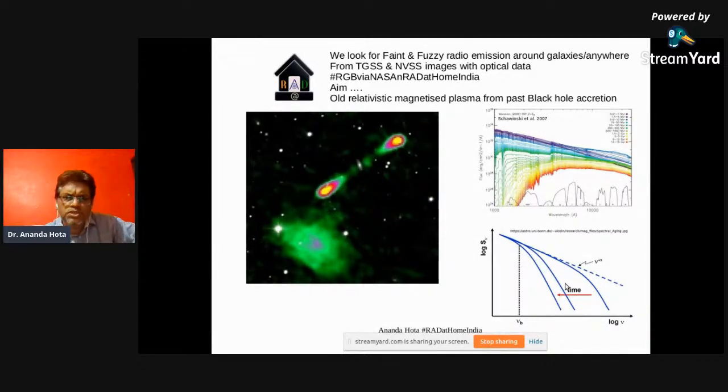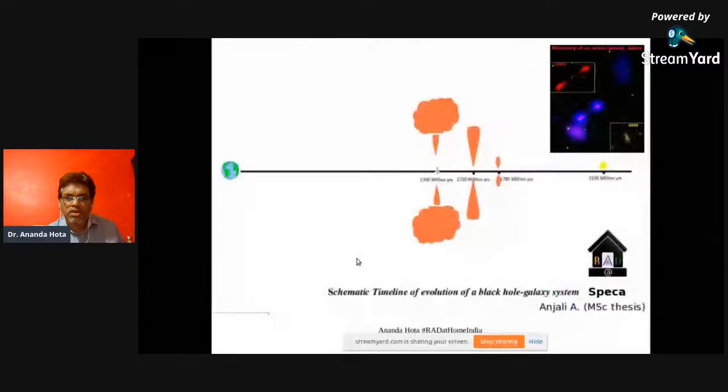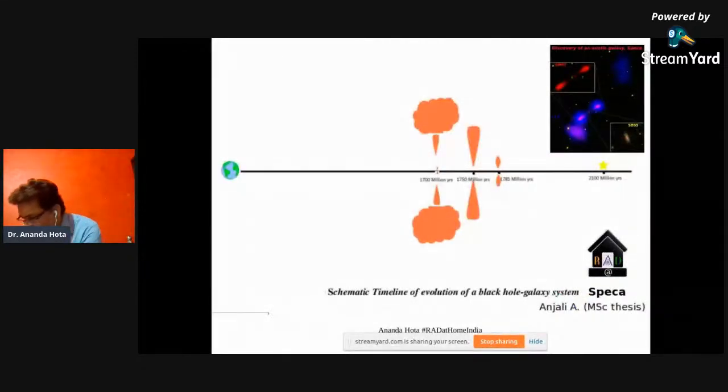So our purpose is to detect that kind of faint, fuzzy, irregular plasma with GMRT. Okay. So with this Speca galaxy, with my MSc student,